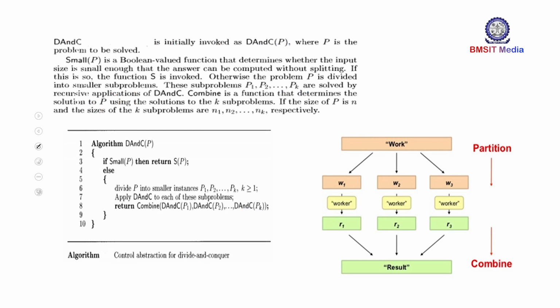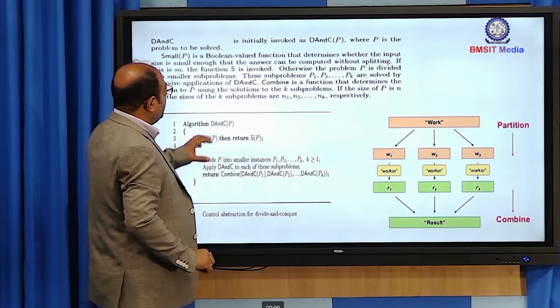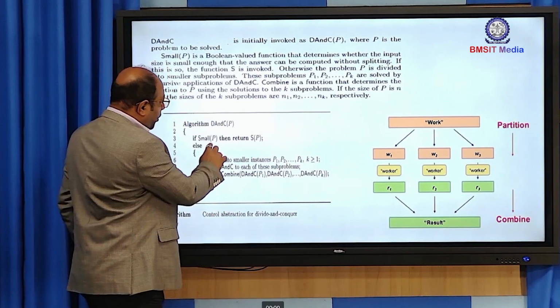Here is an example. We have the algorithm, a pseudocode kind of algorithm. The algorithm name is DAndC. D is nothing but divide and C is nothing but conquer. P is nothing but the problem. In this context, if Small(P),